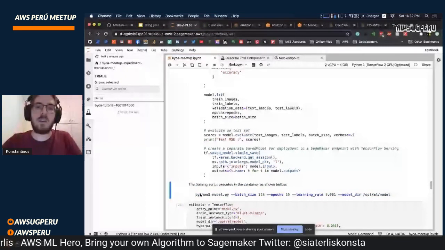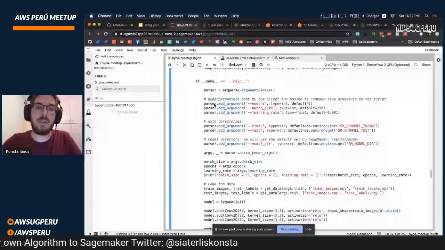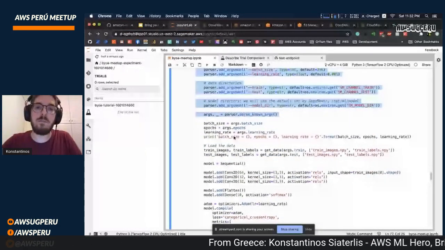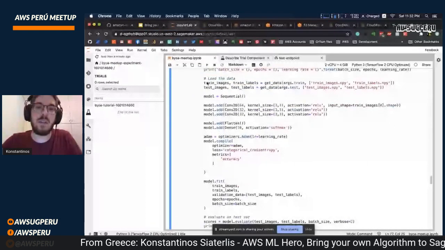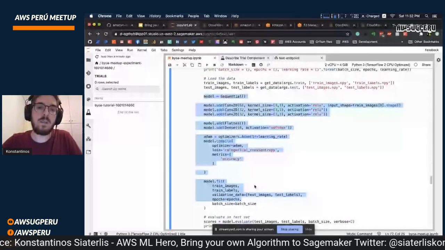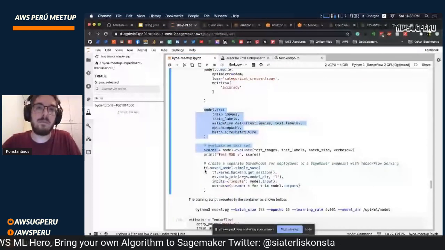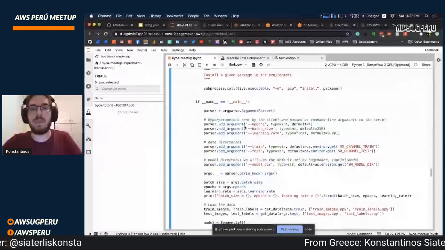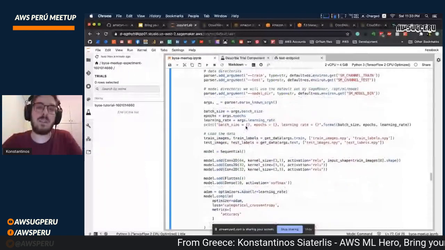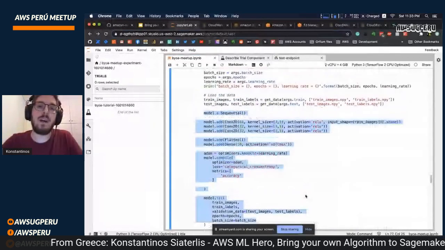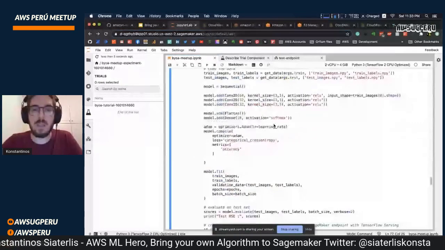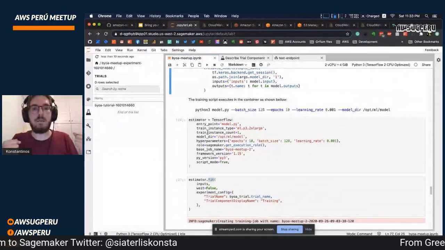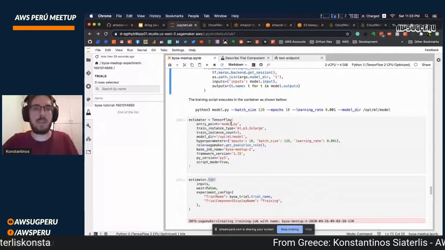So you can see that in the main function, the only thing that I use is the arg parser. And from there, it's pretty much standard procedure. My hyperparameters, I load the data, this is my model, I fit my model, and then I save the model, and that's it. So if you manage to create a template like this, the only thing that you have to change each time is your model, and maybe add or remove some parameters, but that's it. So we are ready. We have a model.py, and we are ready to train it with our data.